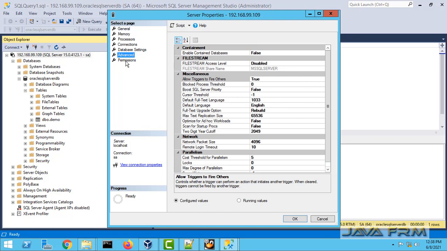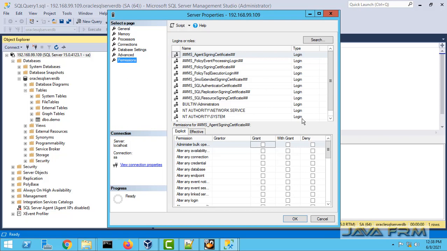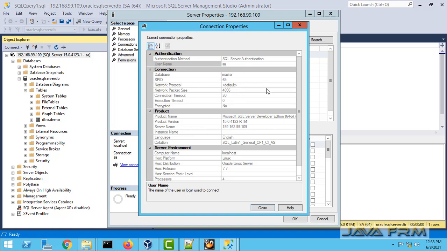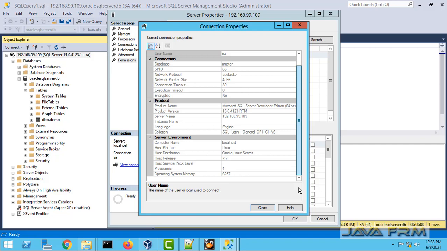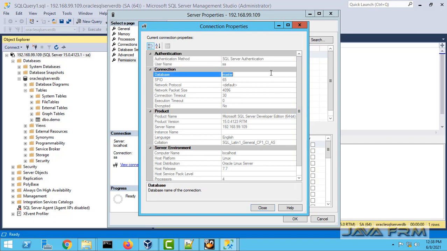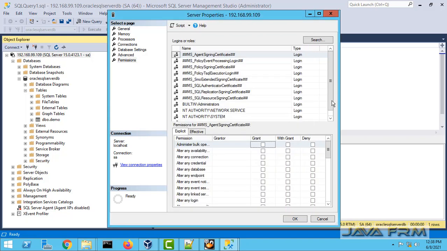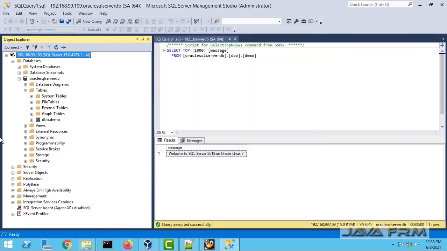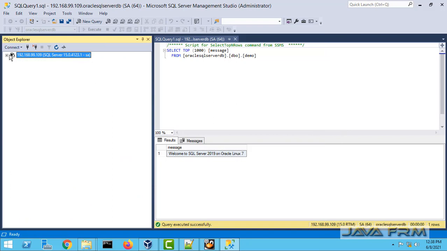So everything is fine here. You can see a lot of information provided by SQL Server Management Studio. If this information is useful to you, you can use it in your source code.